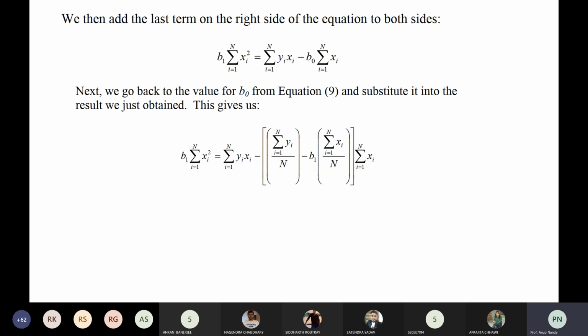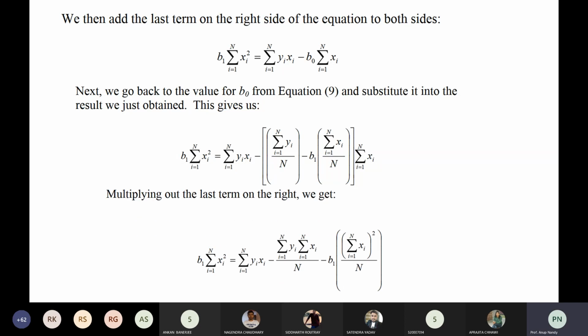The sum from i equals 1 to n of yi divided by n is simply y bar. You can also simply write it that way, there is no harm. Or we are writing it in a different way, so that whenever you multiply it with both summations, you will have the concrete result. So now I am just unfolding y bar into 1 by n times the sum from i equals 1 to n of yi, and again unfolding x bar, that is the sum from i equals 1 to n of xi. Okay, now you just multiply it.